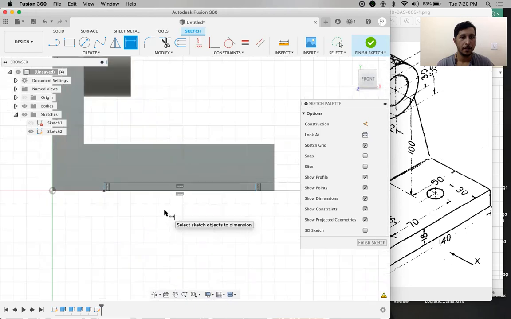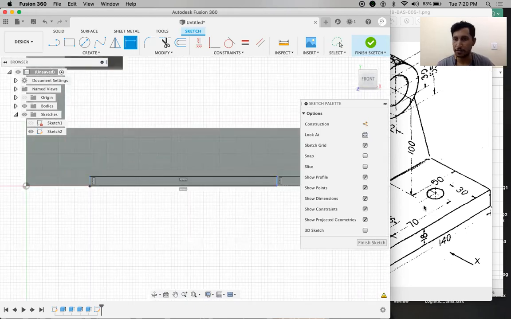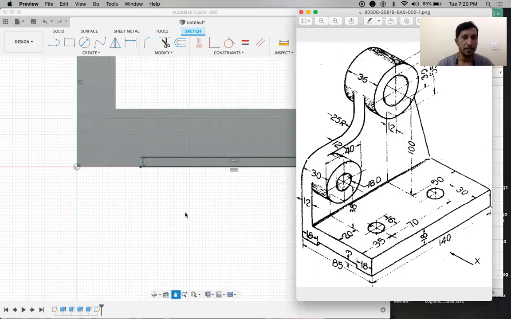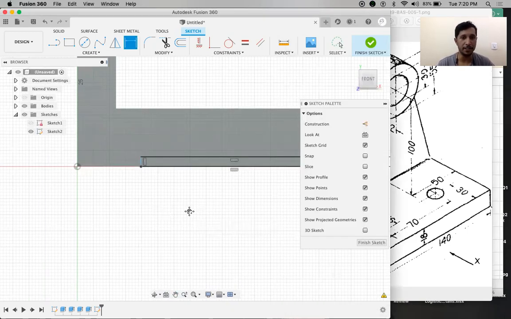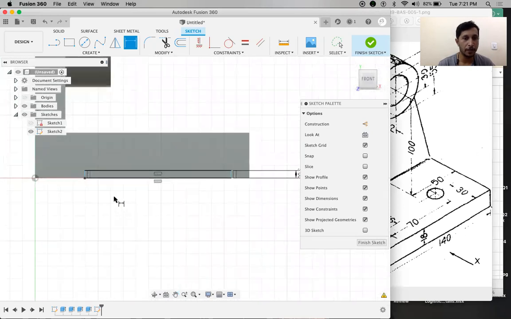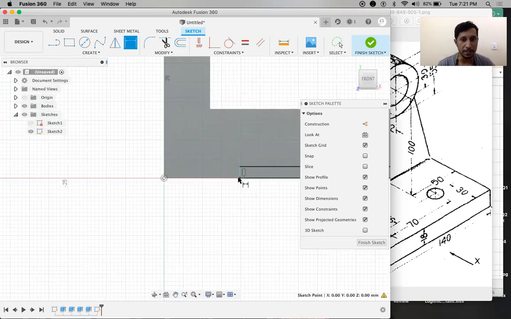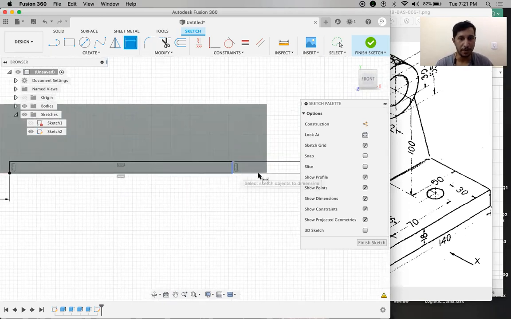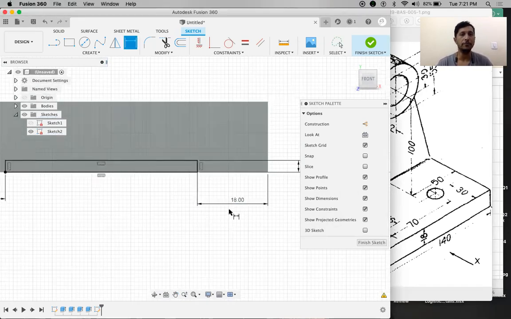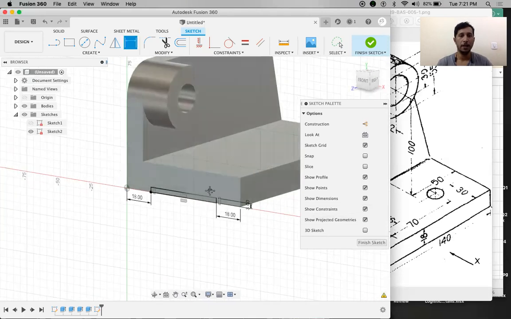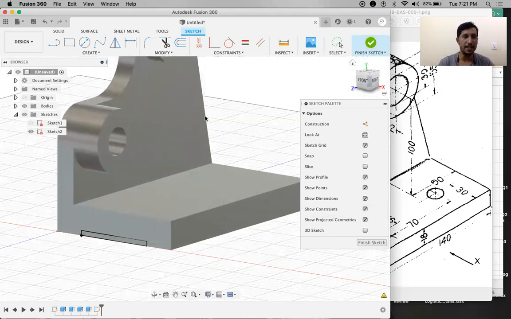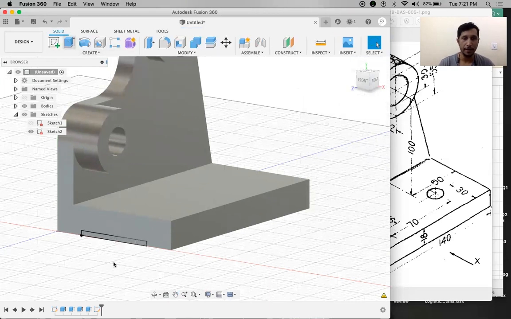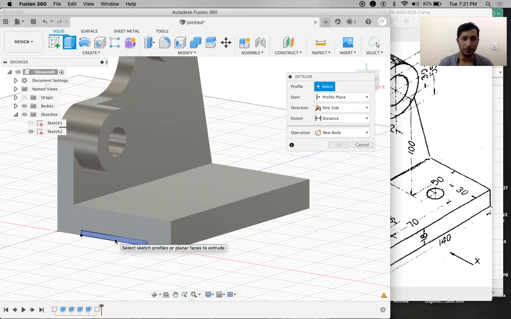Okay. And you can notice these two lines are still in blue color because we have not given the dimension of this 18. So I'm going to provide the dimension here. Dimension from this point to this point, this should be 18, 18. And this dimension again from here to here, again this is 18. Okay. Now, finishing this sketch, I can go to extrude again to remove material or add material, giving thickness, the same